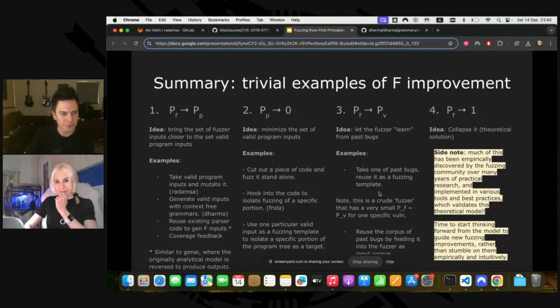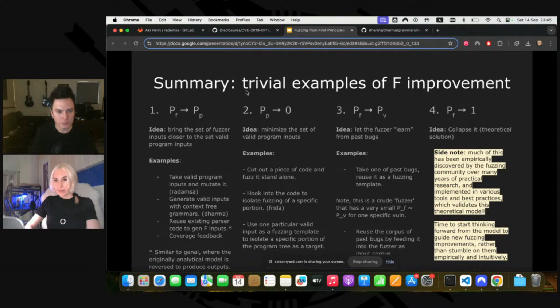So I'm going to very quickly discuss some more examples. I'm wrapping up this first section where we optimize the probability of a fuzzer to bring it closer to the probability of the program. Of course, coverage-based fuzzing is the approach that solves it. It's shown here that coverage-based fuzzing is just one of the possible approaches that allows us to apply this kind of solution to optimize fuzzing.